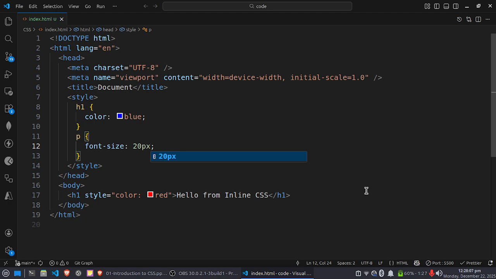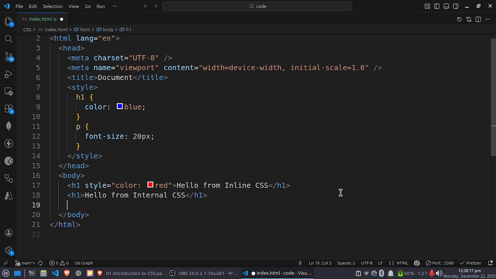And right here h1 hello from internal CSS, and a paragraph tag. This is a paragraph styled